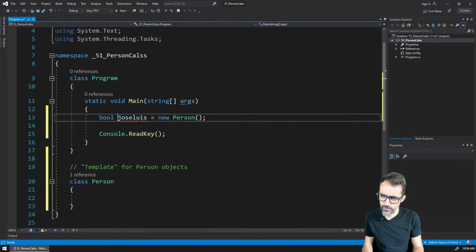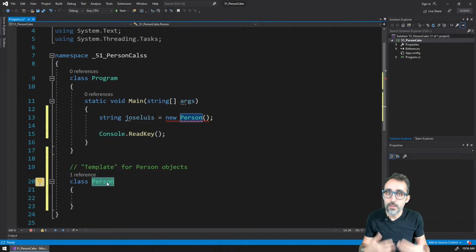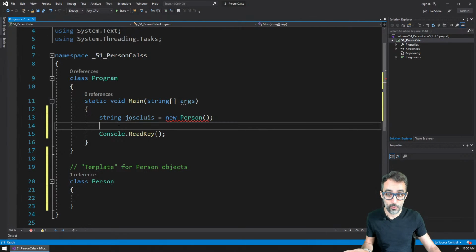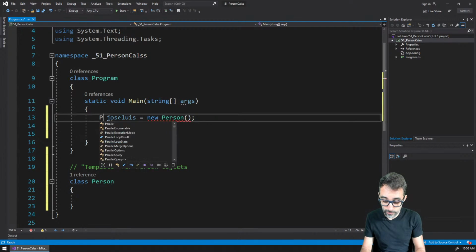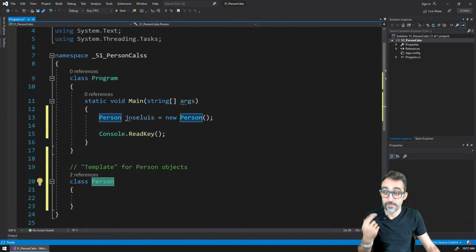But what is the type of this variable? Is it going to be a Boolean, a string? What is this going to be for a type, right? We don't know what that type is. What actually happens when we work with object-oriented programming is that the classes that we define become new types that we can use for our variables. So Jose Luis is not going to be a string, it's not going to be a Boolean, it's not going to be an integer. It's actually going to be a person. So this variable is not going to be of the type string, it's going to be of the type person, actually. All right? So if I create new objects from the person class, they're actually of the type